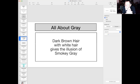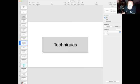But you have to treat hair differently when it's salt and pepper. And when I say it's different, it's because you choose the technique that you're going to use according to two things. First of all, what you want the final appearance to be, and secondly, the texture of the hair, because you make adjustments to formulas for both of these. So let's talk about the techniques, and these are techniques that I have been using in the salon for many years,